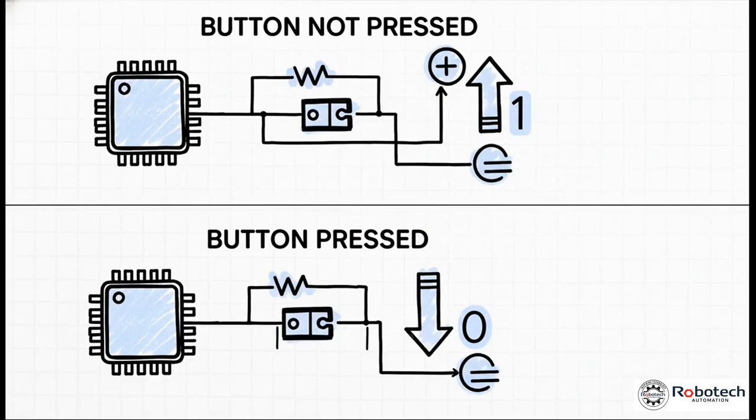So, input pull-up is this awesome built-in feature. Think of it like this. It tells the Arduino to keep the input pin in a default high or on state, which the code reads as the number 1. When we physically press the button, we complete the circuit to ground, which pulls that pin down to a low or off state, which the code reads as a 0. So it's a little backwards. For us, a button press looks like a 0. That's the magic number we're going to be looking for.